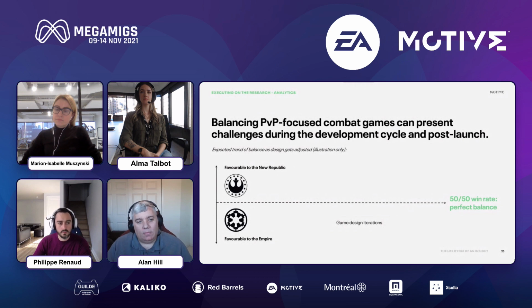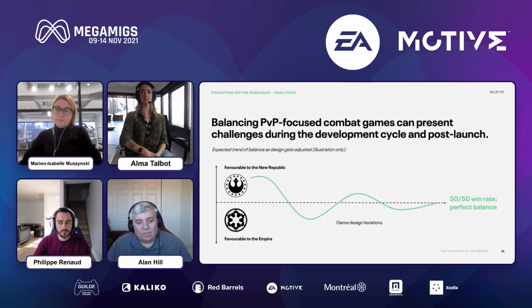Specifically faction balance. Of course, we want to avoid imbalance, as players don't want to start on a team that has a disadvantage. As you can expect, over development, there may be significant swings in something like faction balance. Ideally, though, we would hope that we could get closer and closer to balance the further along in development we are, with the ideal state being a roughly 50-50 balance.